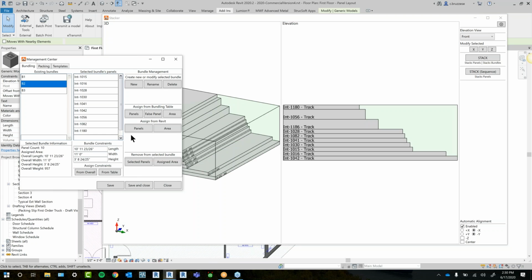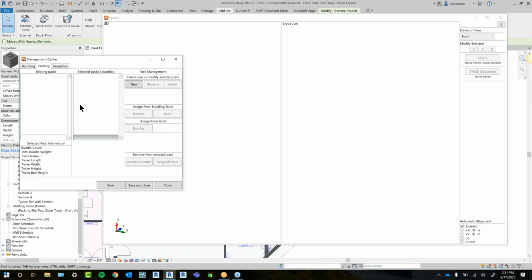All right, so we've got our bundles. Next step is you'd probably want to create the packs so you can see how these bundles would load onto your truck. So we'll go to the packing tab now. It's a lot of the same steps. We'll create a new pack, give it a name,